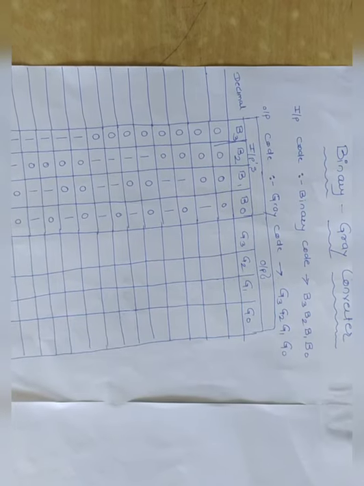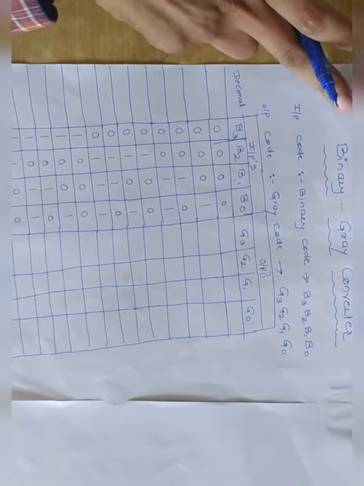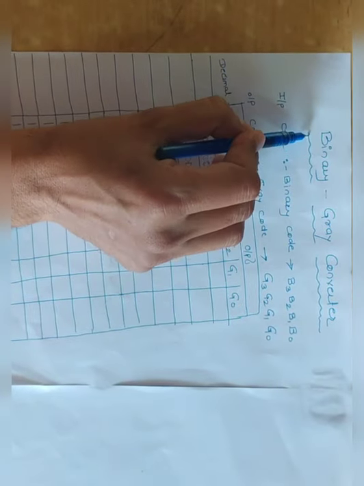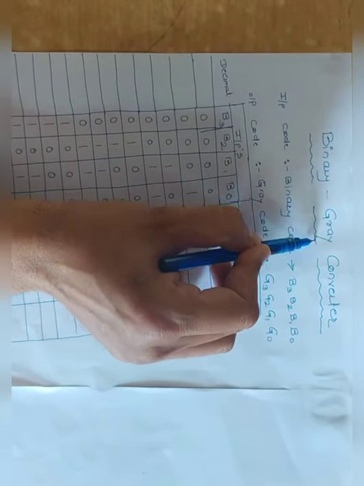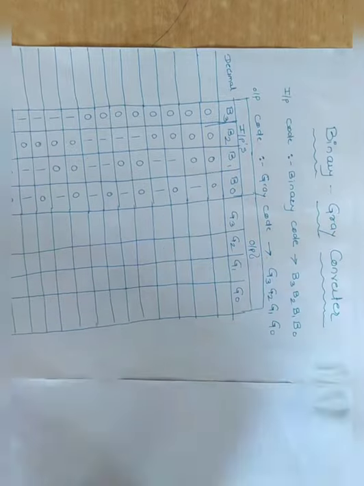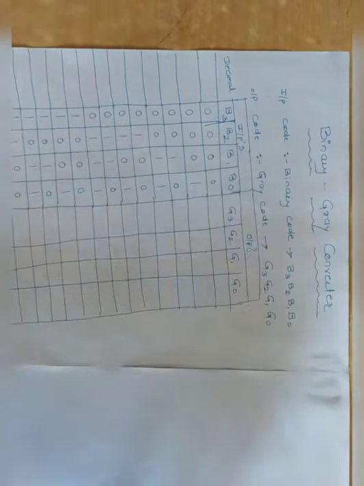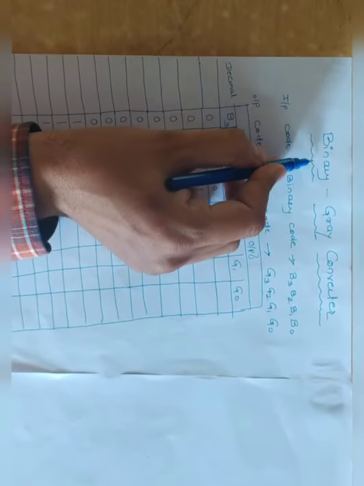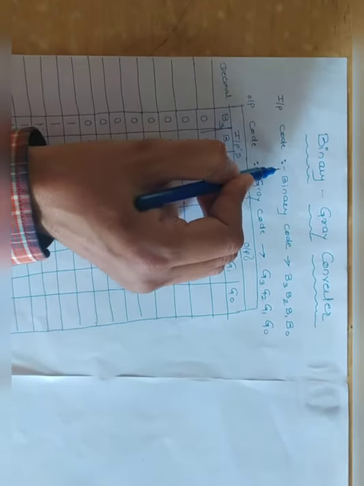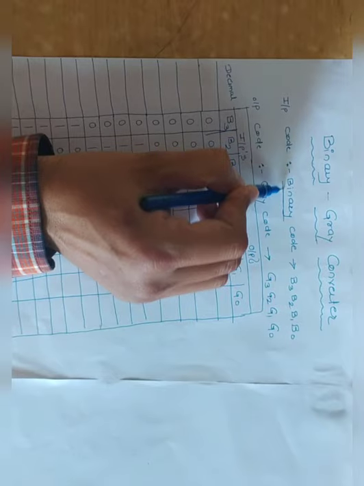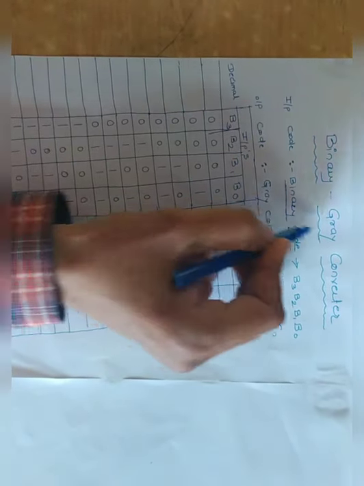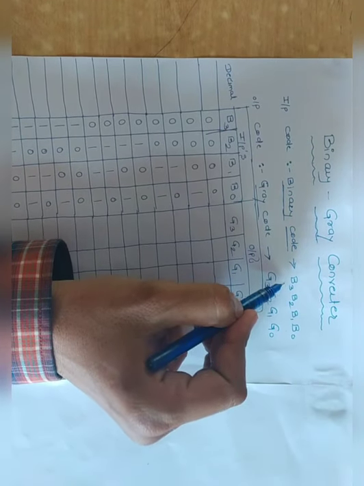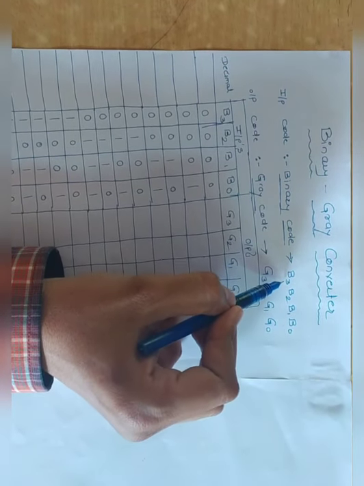Today we are going to discuss the binary to gray converter. You have to convert your binary number into gray. Here is the logical diagram, or circuit diagram, for binary to gray conversion. Your inputs are the binary code, binary numbers, and your outputs are the gray codes. Here I am taking the example of 4-bit binary numbers.